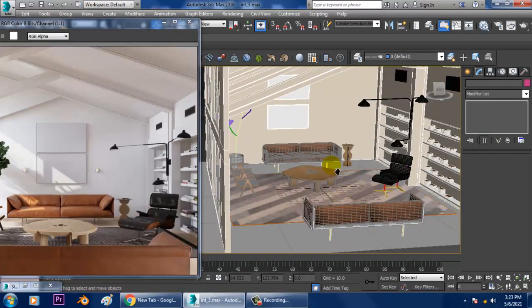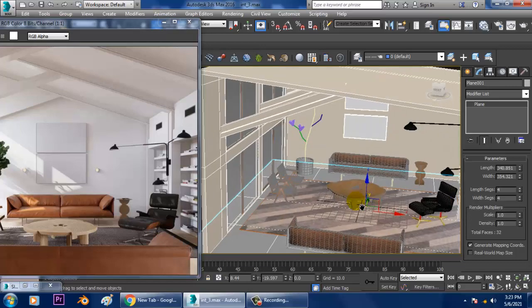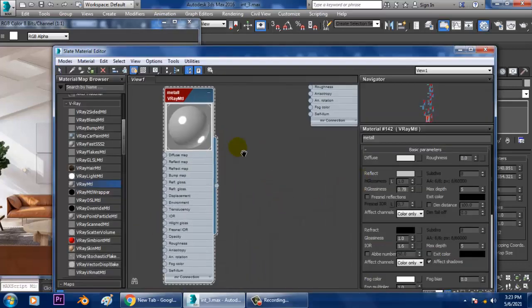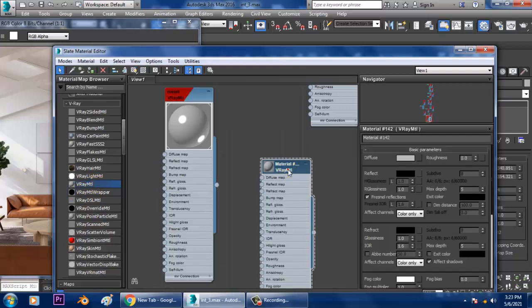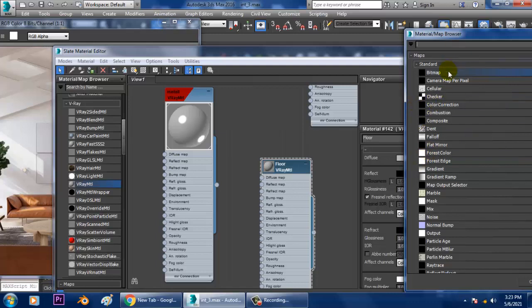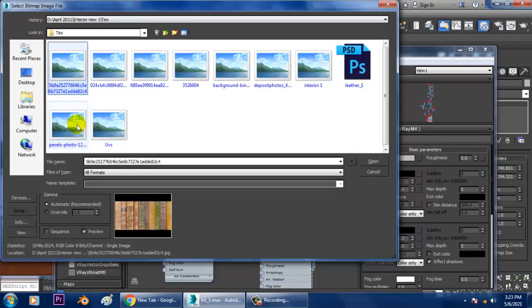After that, let's select this part. Let's go into the material, take a V-Ray material and name it floor. Go into the diffuse bitmap.